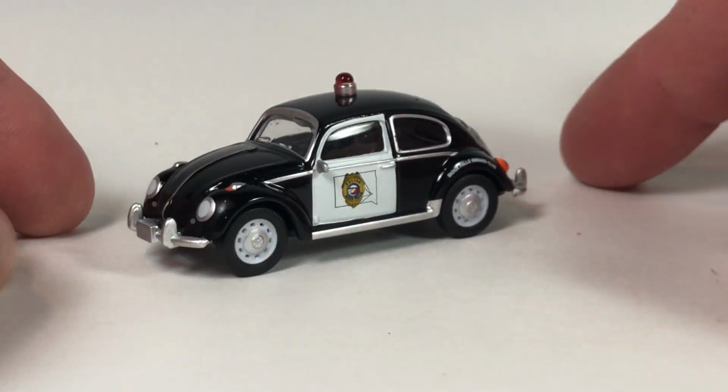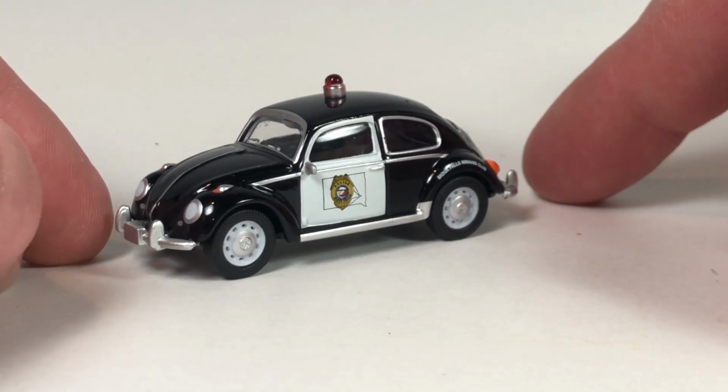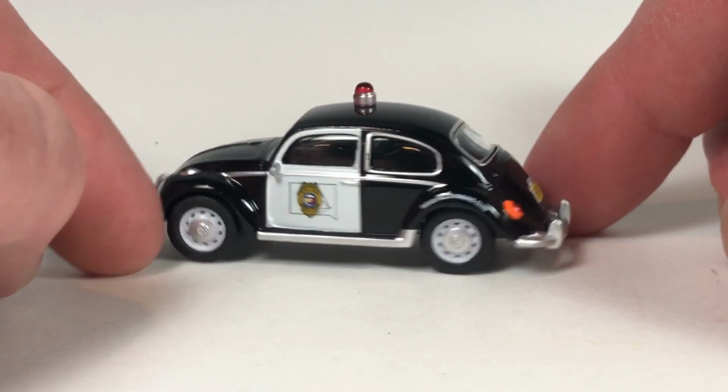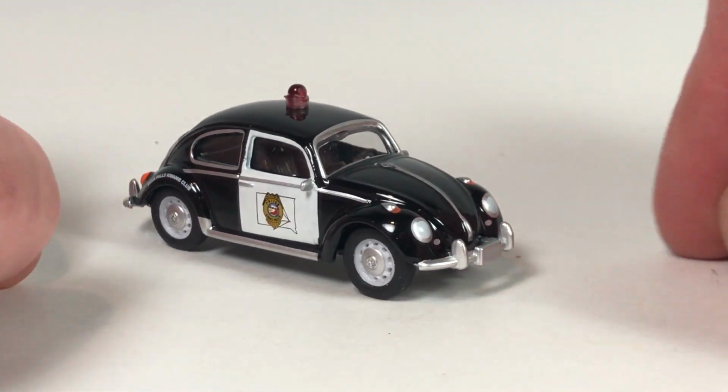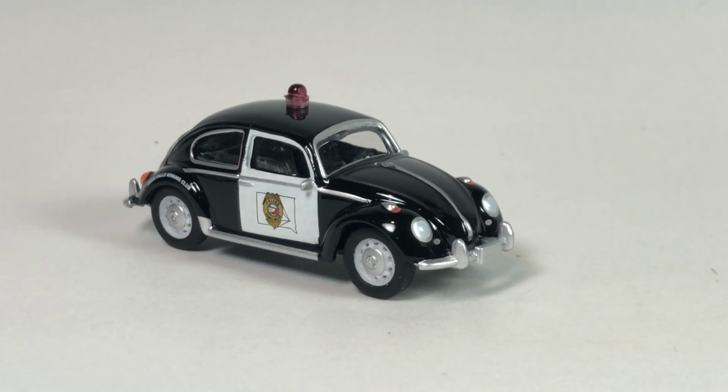I sort of collect the Beetles still. I don't know why, I just do. I don't pick them all up, but I have quite a few Greenlight Beetles in my collection. Too many, really. Moving on from that, we've got...